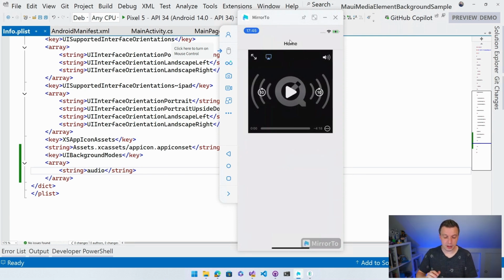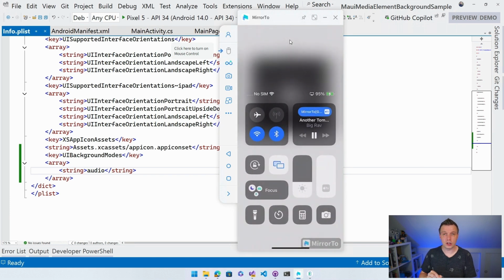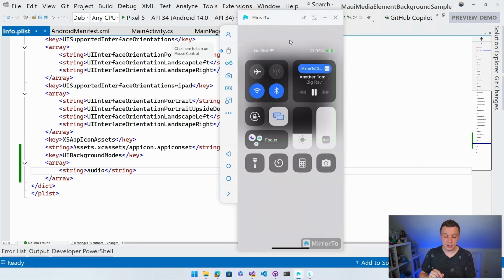So now when I start playing this, you can see that the little counter starts going again. The description, the duration and the position is going to update. And then whenever I pull down the control center right here in the top right, you can see another tomorrow, big graph. It shows now a little bit weird thingy because I'm actually mirroring this to the app right there, else you would see the little artwork right there.